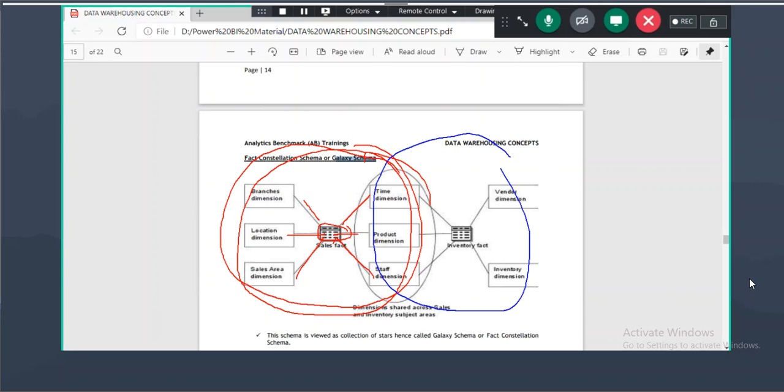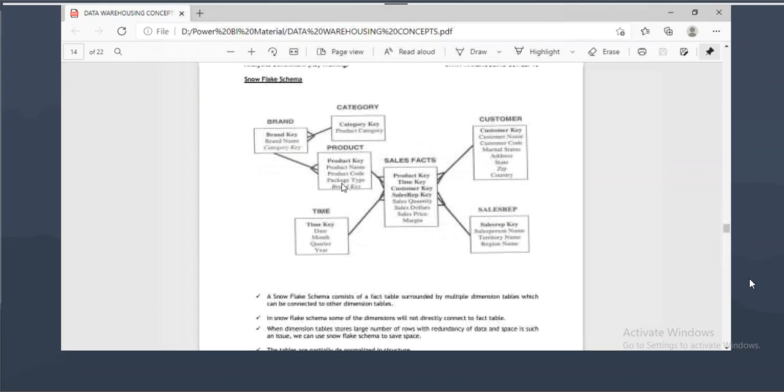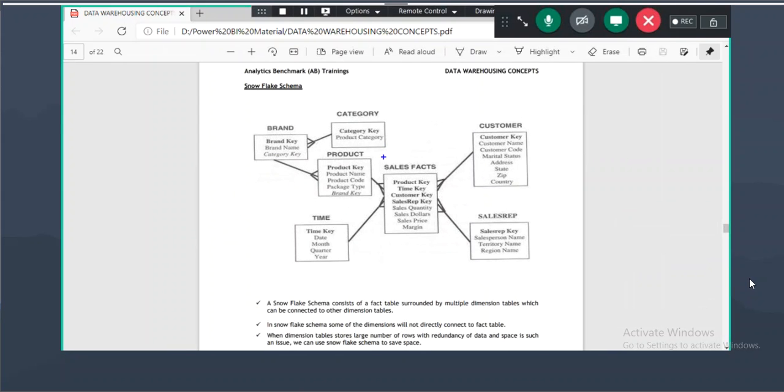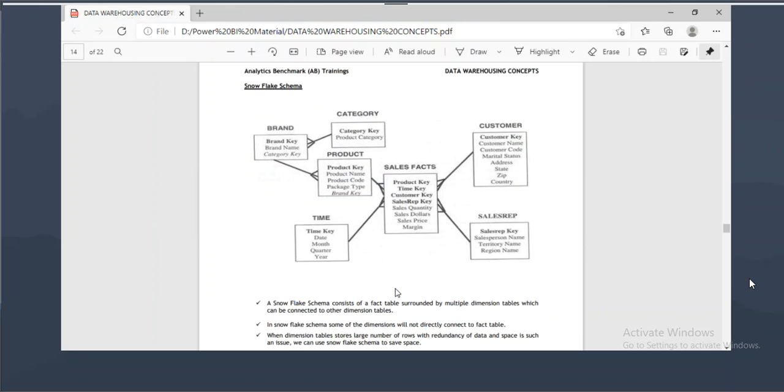When you even consider these 5 tables, in this example you are telling, yes. If you want to convert this into the star schema, you need to combine these 3 tables into one table, and you need to directly link the table to the sales table. So each and every time when we create visuals, we have to combine those three tables.